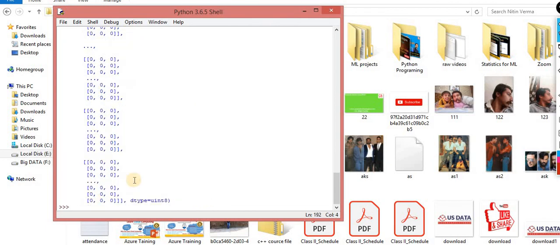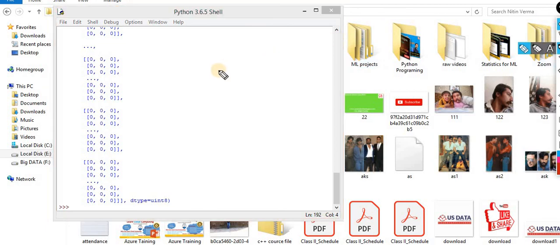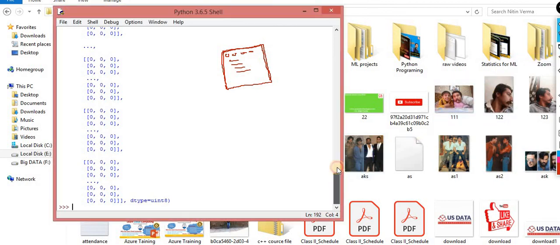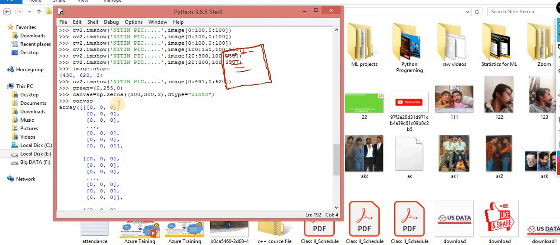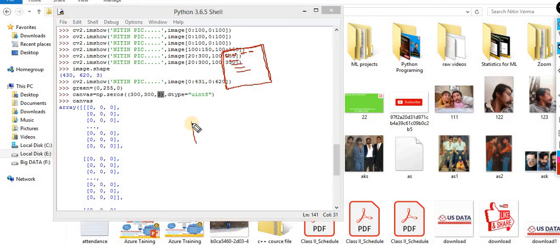Now you can check it out with the help of the zeros. I made a canvas, just imagine it. What is the meaning of this? The entire value is 0. And what is the size of this? It is 300 rows, 300 columns and 3 channels. So it would be considered as a matrix, a 3D array.